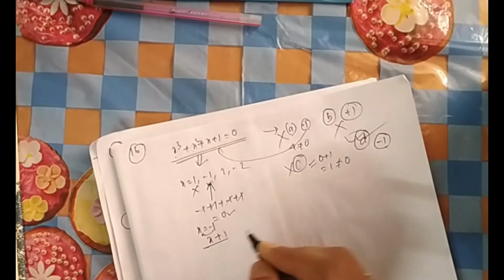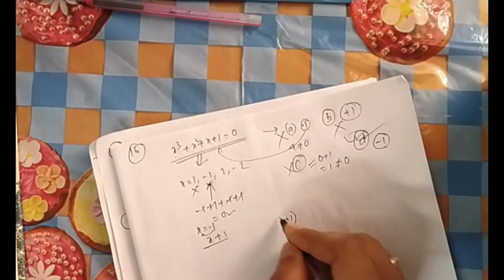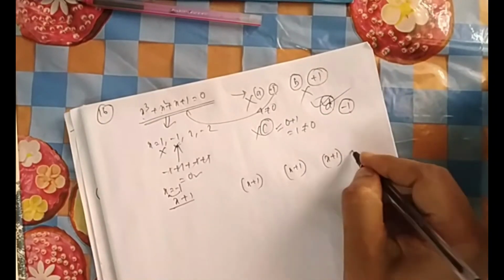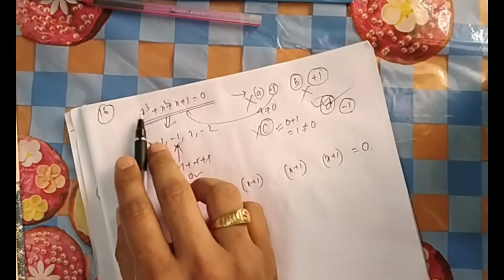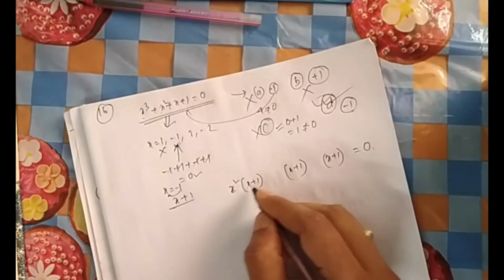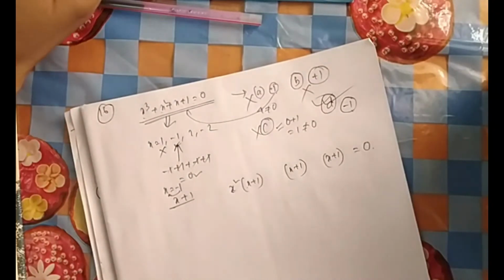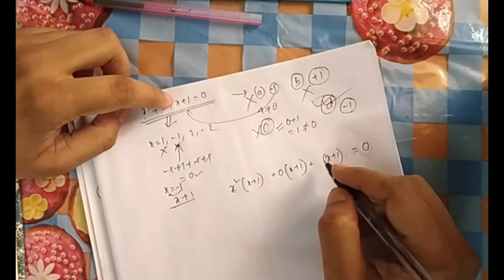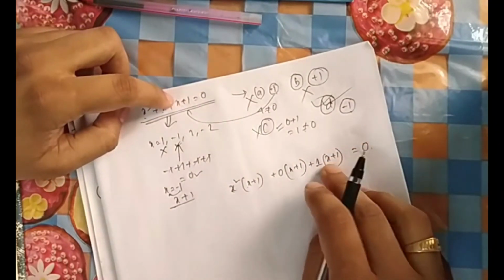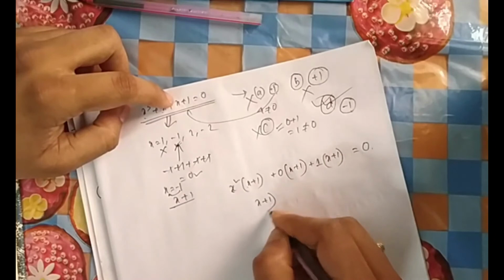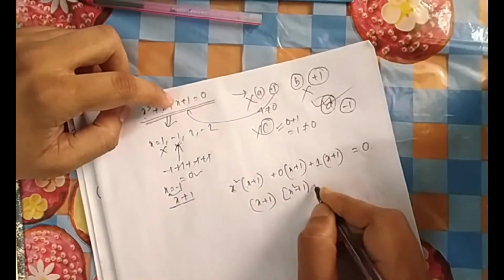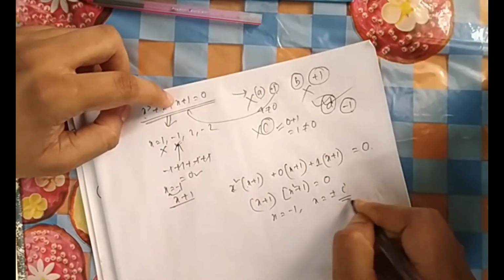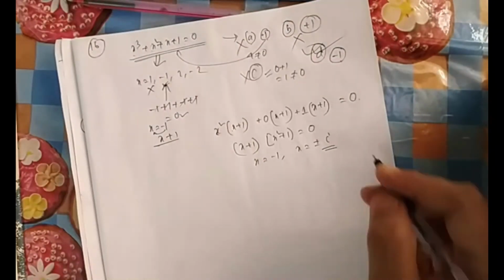Because you have put x as minus 1, what is the factor? x plus 1. Because it is a cube, you write it three times: x plus 1, x plus 1, x plus 1, and make it 0. The first one is x cube, so you have to put x square. So x cube plus x square, x square is already there, so nothing to put here, so 0. Plus, if I put 1, then it is exactly the same, x plus 1. Now if you take x plus 1 common, it will be x square plus 1. So x is equal to minus 1 and x is equal to plus minus i. So it is option D.